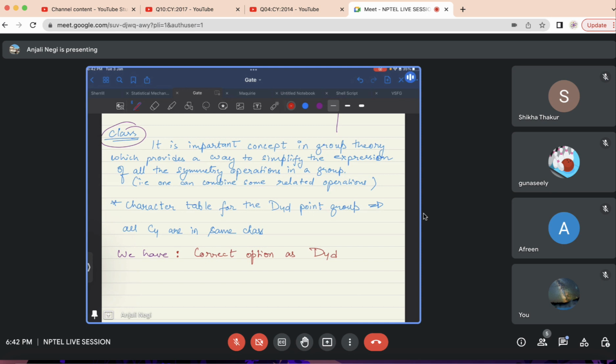Also, there is another definition of class, that the number of irreducible representations in a point group is equal to the number of classes of the group. Okay, so you can go through, and then if you don't understand you can ask, but for this particular problem